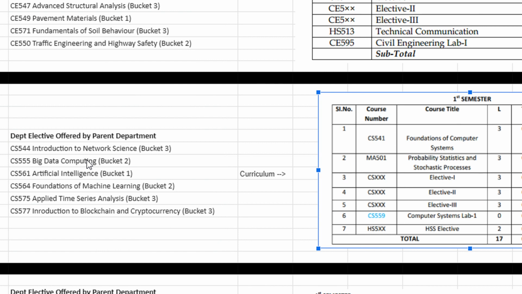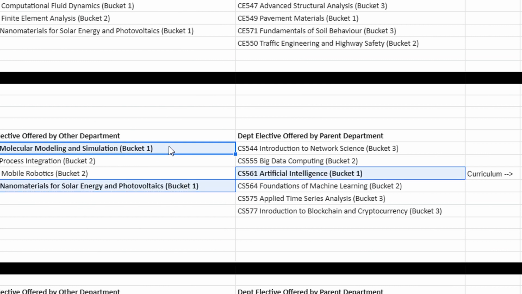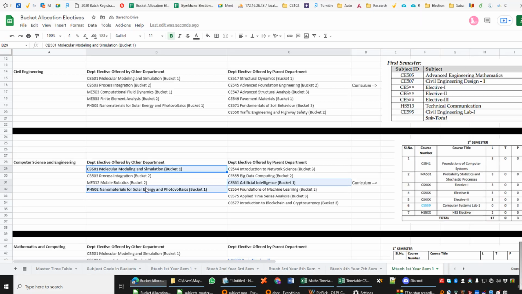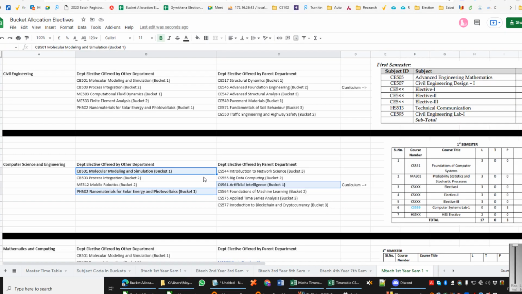Again the same thing, bucket 1 is only a single bucket, so this becomes mandatory. Bucket 2, I have a few more choices. In MTech I have some more choices for bucket 1. As you can see, I have 3 choices, so I can choose amongst those, right? But it generally is found that you prefer your departmental electives, so that is your choice. Similarly for bucket 2 and bucket 3, right?